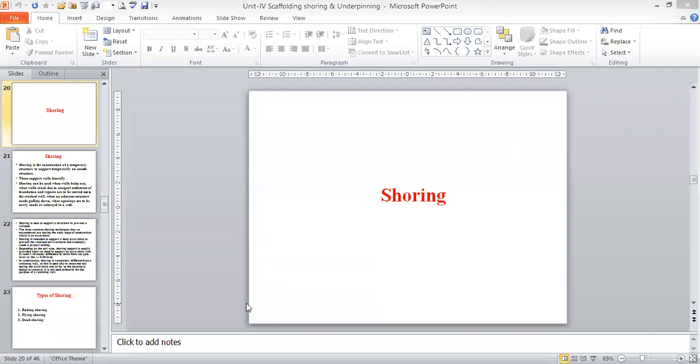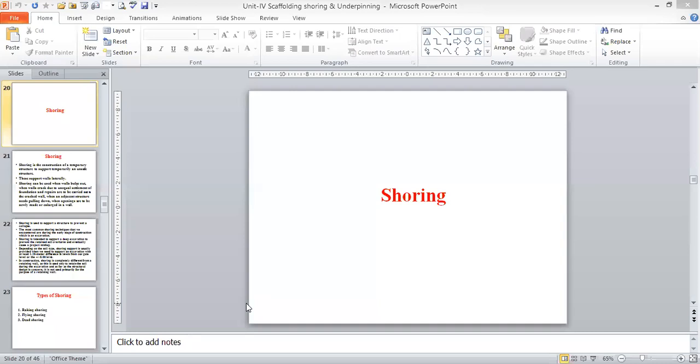In the last class we discussed what scaffolding is. It is a temporary structure provided as a working platform for people to access from one level to the other, and similarly for moving the materials used in construction from one level to another. The materials used for scaffolding are, first, timber or wood, and second, steel scaffolding, or tubular scaffolding. This we already discussed in the last class.